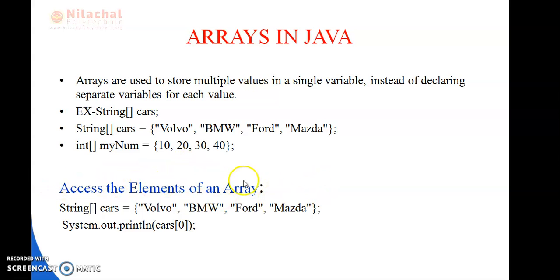Once the array is declared, the elements are stored at different indexes. The first index is 0, the second index is 1, the third index is 2, the fourth index is 3, like this. Always remember that it always starts from index 0. It always picks things out by index.